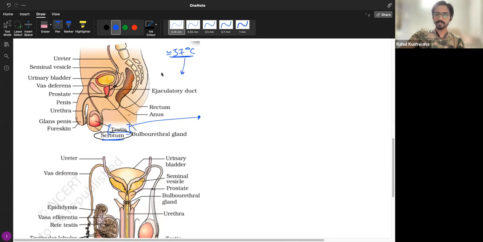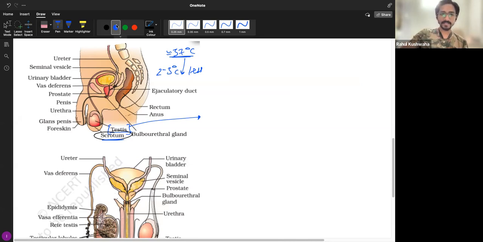But for spermatogenesis, you require 2 to 3 degrees Celsius less than the body temperature. In some cases, 4 degrees less than the body temperature. Now, if testes were present inside the body wall, the temperature of the whole body is maintained by our system, right? By the blood circulation and everything. Blood also circulates in testes, it's not like blood does not circulate in testes, but since it is present outside the body wall, the heat which is retained in our body does not influence testes.